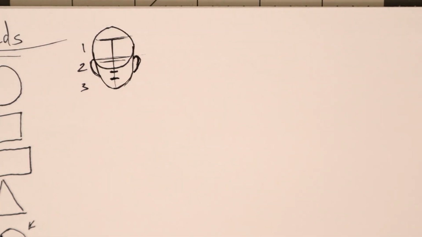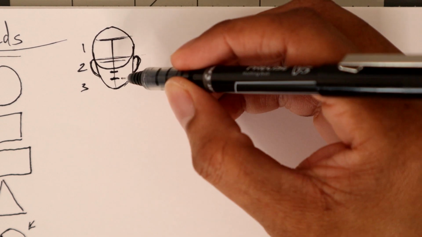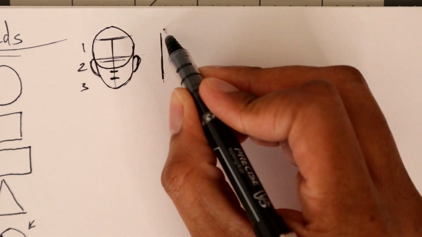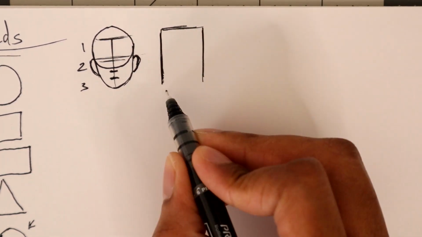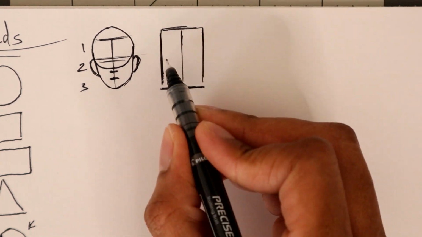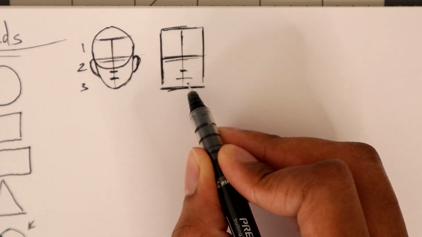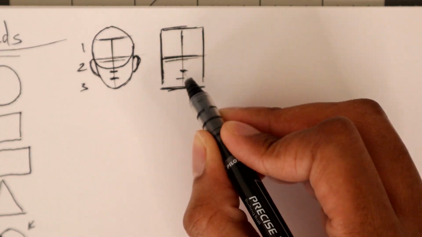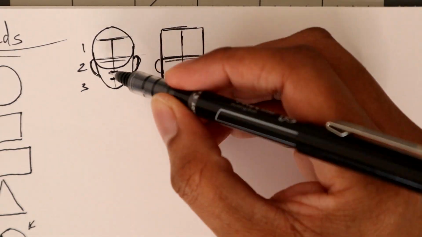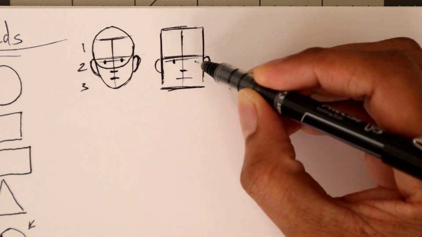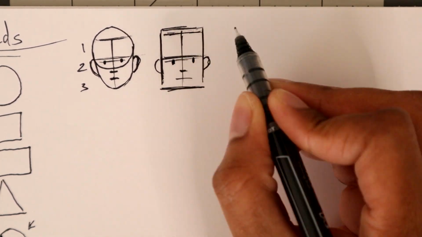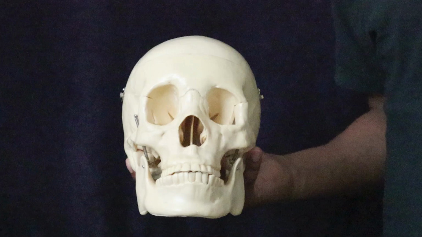So from the hairline to the eyebrow ridge to the nose, and nose to the chin, 3 units of measurement. And then we also made the blocky head, just as a frame of reference, if that helps some other people in drawing a head. But today we're going to get a little bit more complex by breaking down the actual